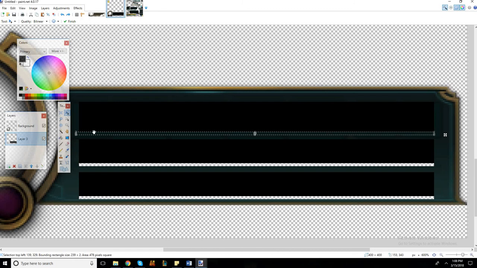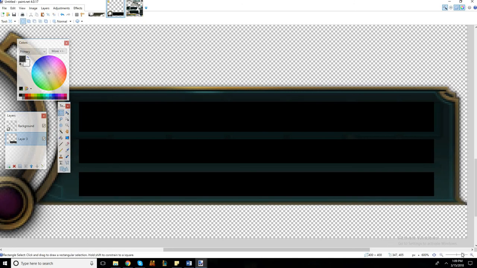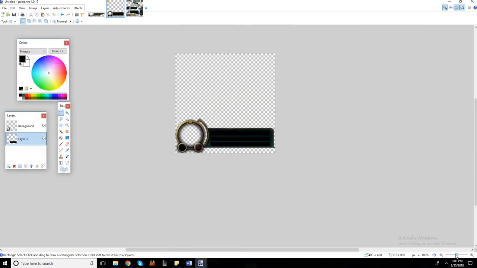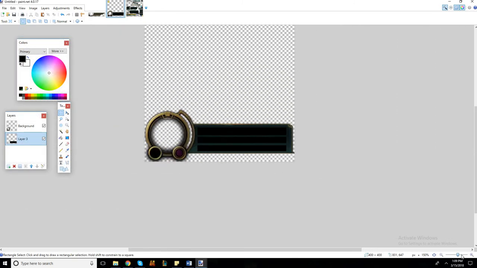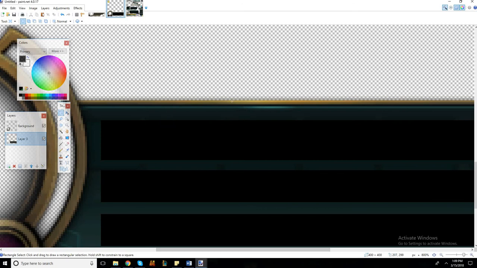Actually, because we're not the same color, that might look a little tacky. I mean, you probably can't tell the difference, but yeah, that looks a lot better actually. Okay. So now if you really want it to look a little bit better, what we can do is add a border around it. And so since this is a border, we're going to match the colors. So we can take these two colors, Control C,